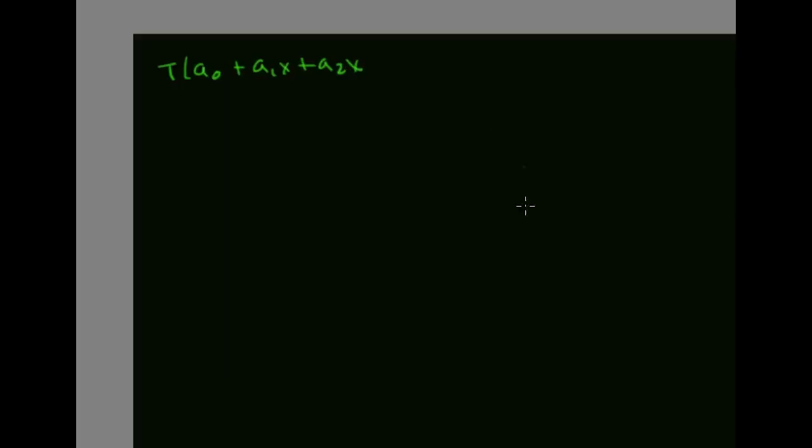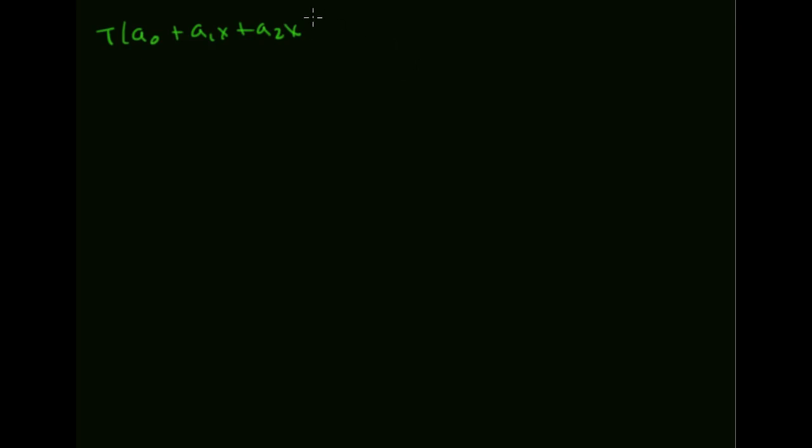All right, so that's a2x squared giving me negative 3a1 plus 5a2 plus negative 4a0 plus 4a1 minus 10a2 x plus